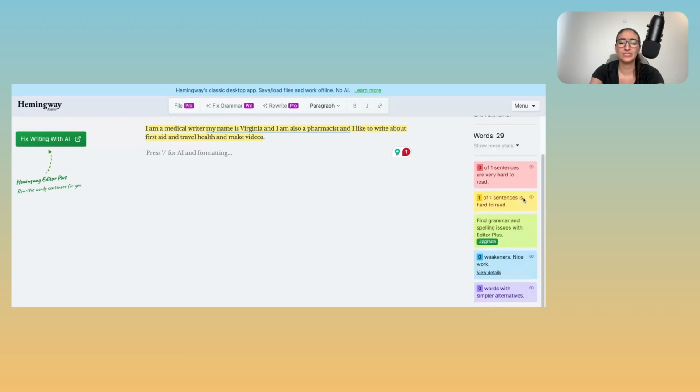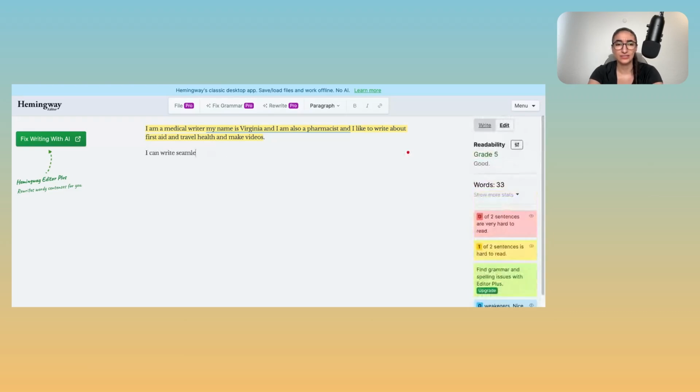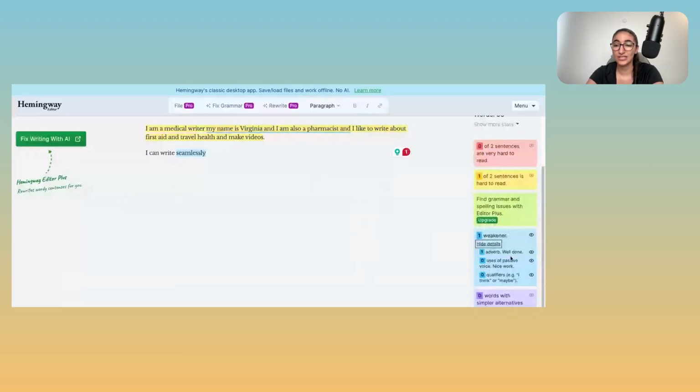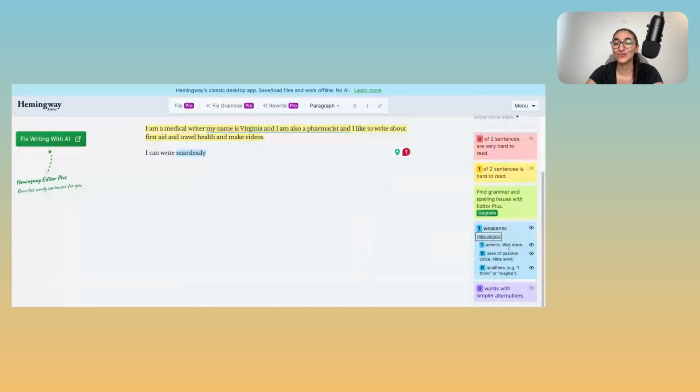So if I write, I can write seamlessly. You can see it's highlighted it in blue, so that is a weakener. If I view details, it's an adverb. And then there's also things like passive voice or qualifiers. And I can write seamlessly on Hemingway app. It is a great app to use. Help you learn how to simplify what you write. So I hope you enjoy using Hemingway app, but